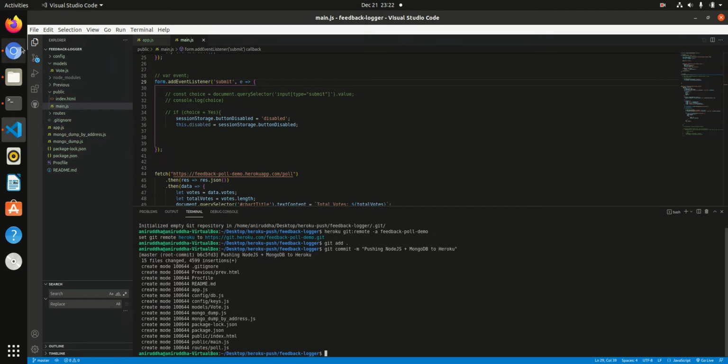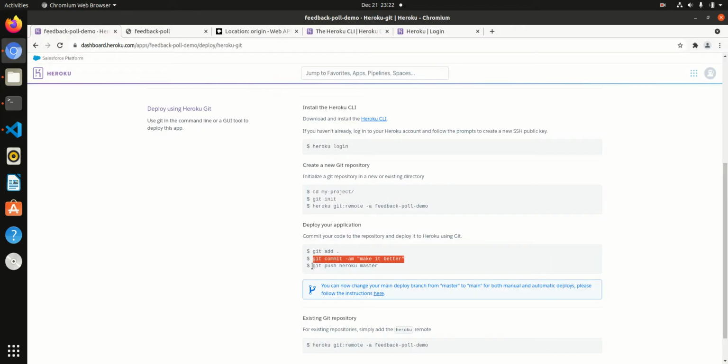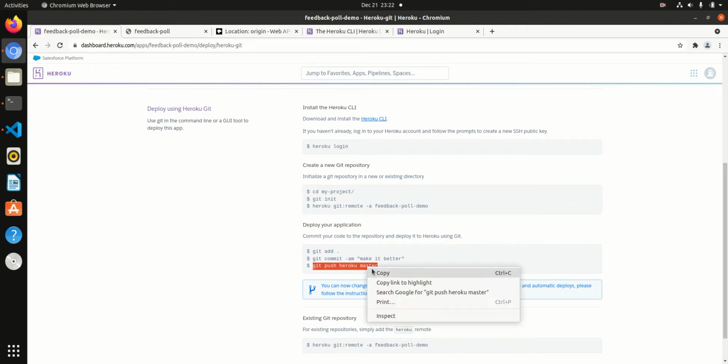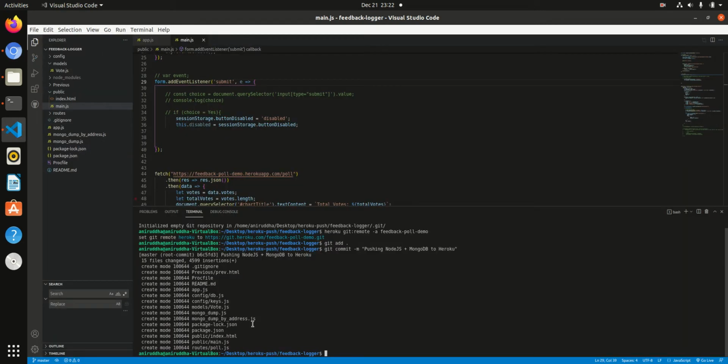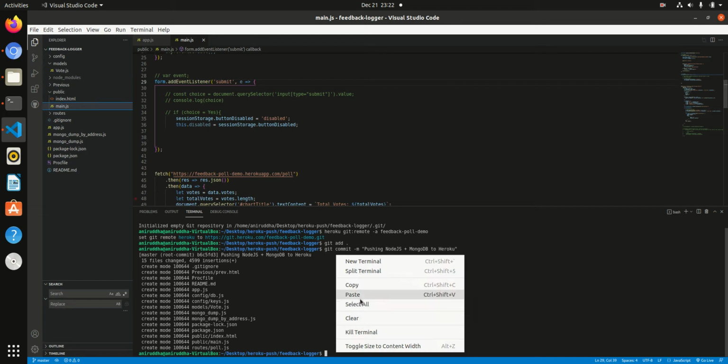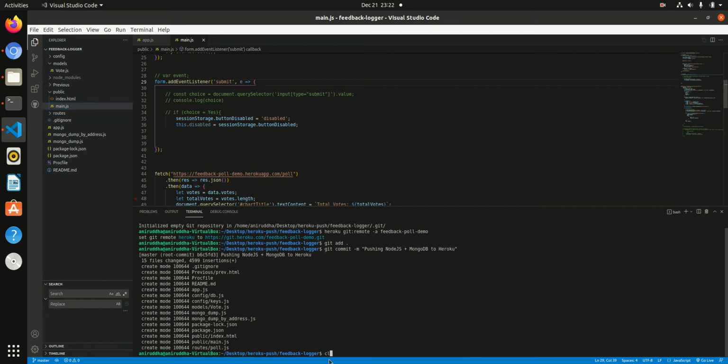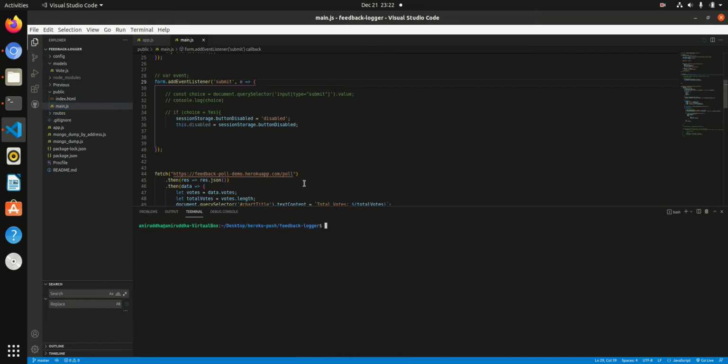The subsequent step is we will push to the master branch. Again we'll clear this and git push, and boom.